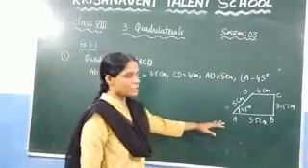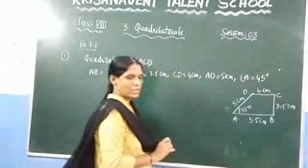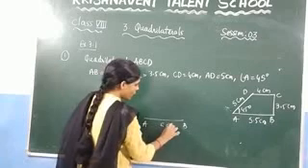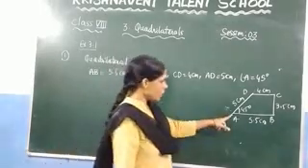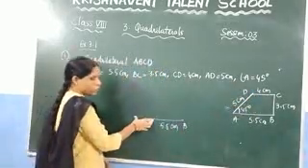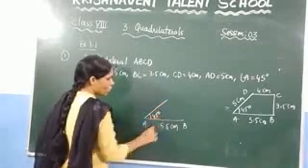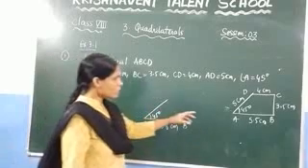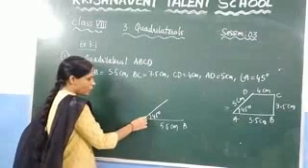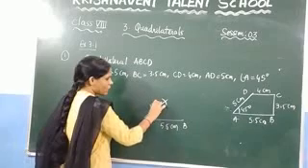So how do we draw the quadrilateral by seeing it? First, you need to draw the line segment AB of length 5.5. And after that, at this point you need to draw an angle of 45 degrees. Here at this point you need to keep the protractor, and draw 45 degrees. After drawing the 45 degrees, the length of AD is given as 5 centimeters. So at this time you need to keep this as a radius, and mark the arc of 5 centimeters using the compass.